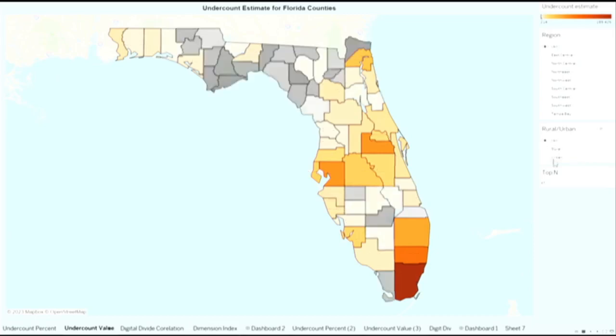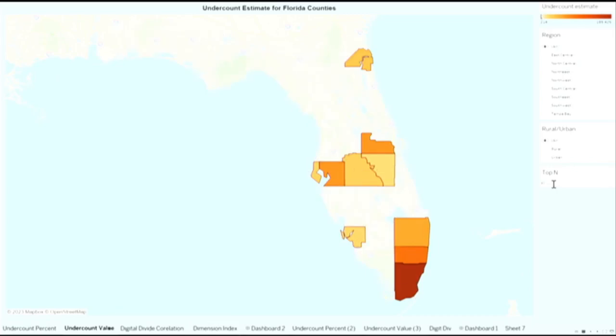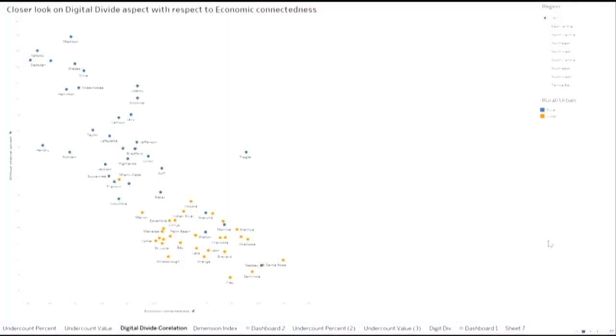Now let us see the top 10 counties which have been undercounted. So if you see that, you can see that Hillsborough County, the Orange County, and the southeast, that is Miami-Dade, Palm Beach, Broward, and one of the county, that is Duval County in the northeast region, shows up. We do not have only the undercount analysis for FPN, but also we have done some factor-wise analysis so that they can have a deeper dive